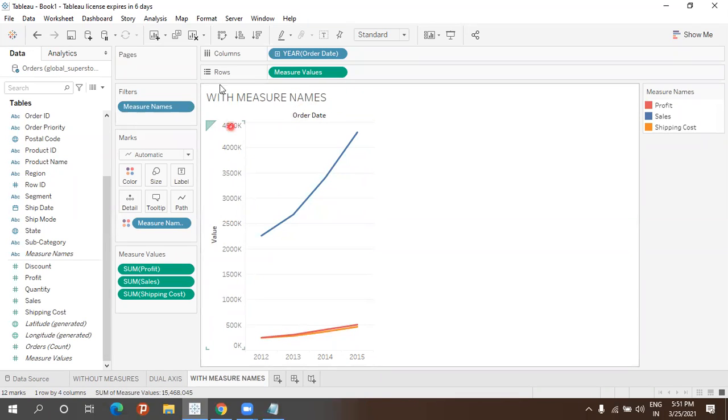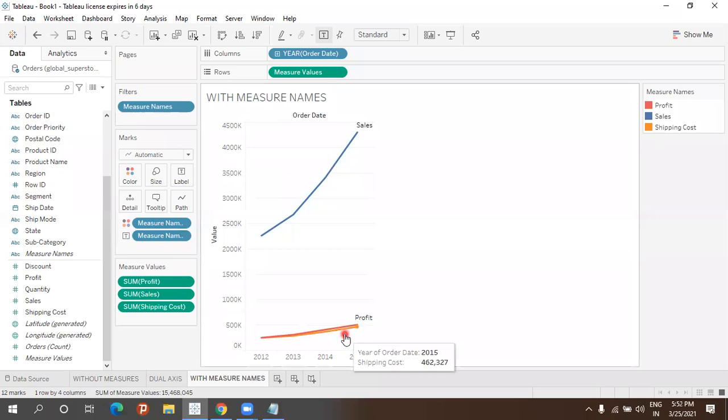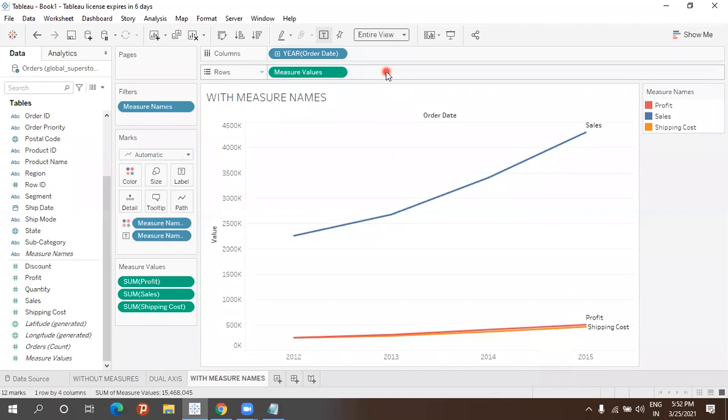Then I'll drag and drop that measure names into the label also, where I'll get sales, profit, or else on the right side also, where I can get measure names. Profit is orange, I think orange or red, sales is blue, and another color for shipping cost. At the bottom, I can't see the details of that shipping cost. So let me view that in detail. Just click here, click on entire view. So it gives the entire view.